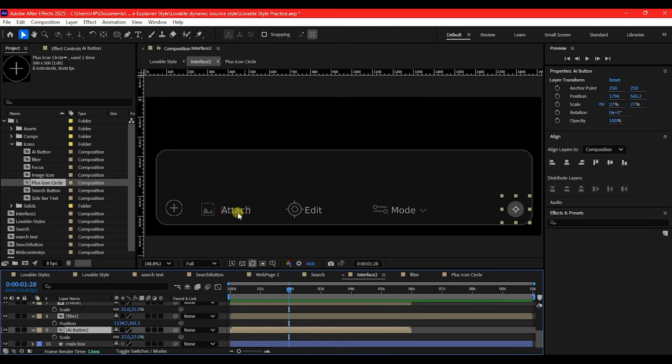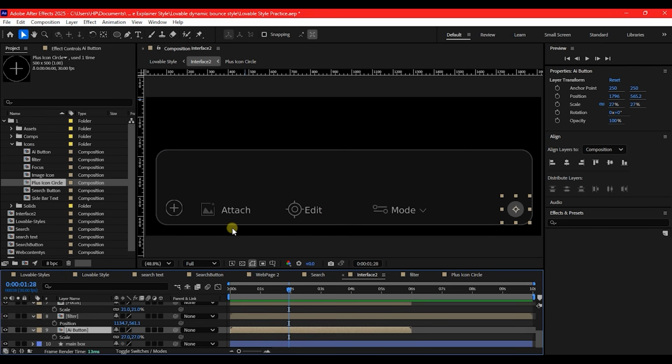You know, I already showed you how to add text to any composition. So I needed not to record that to keep this tutorial as short as possible. So I added text attached to the image, then edit to this one, and then mode to this icon. Then I used the pen tool to create this little drop down arrow here next to mode. So the next thing I'm going to do is to arrange this better the way it is on the